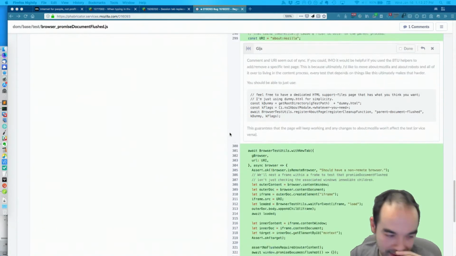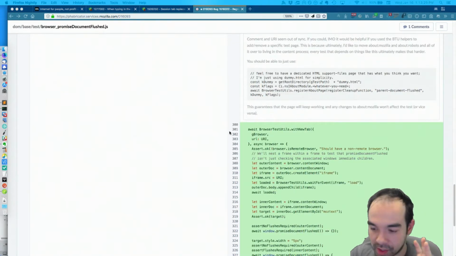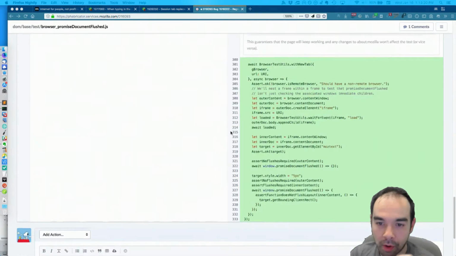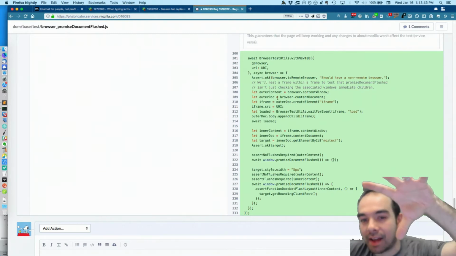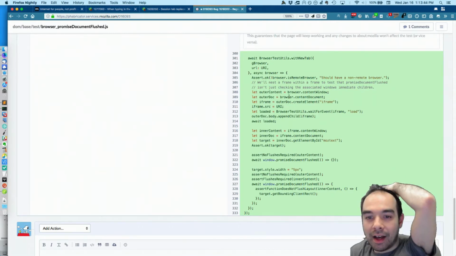So it's in process, and that's important for Promise Document Flush because the subframe feature will only work with in-process frames. And then we created an iframe that went into About Robots. So we nested another About Robots inside of About Robots, and I inserted it,